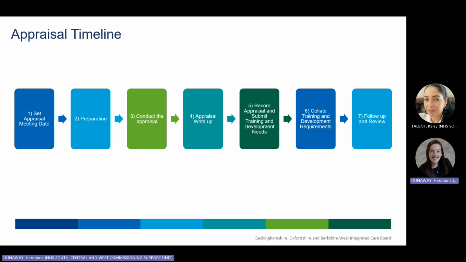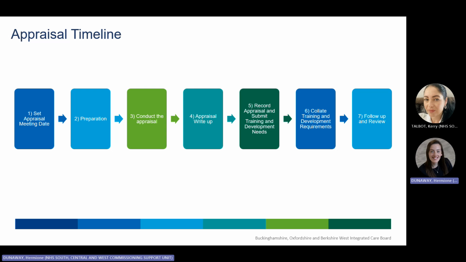At the same time as recording the appraisal date on ESR, you will also need to record and submit any training and development needs for each team member and any development plans to the nominated individual for your directorate. The understanding is that this should be business managers, but this might be different depending on your directorate. The nominated individual should then collate those training and development needs and send them across to the people team for awareness,